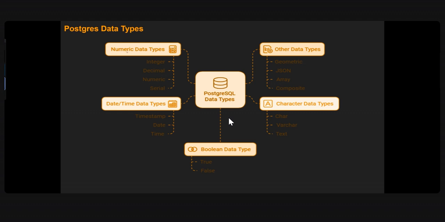When we talk about data, we have the numeric data type. What are those? Integer, decimal, numeric, serial. We'll see all these examples. I'll show you. And then another data type, which is very important, date time. If you see timestamp, when you create a timestamp, it's a mix of date and time. If you only need date,